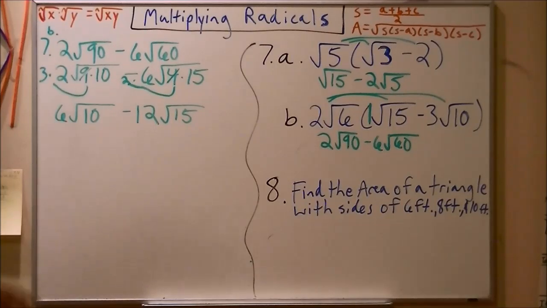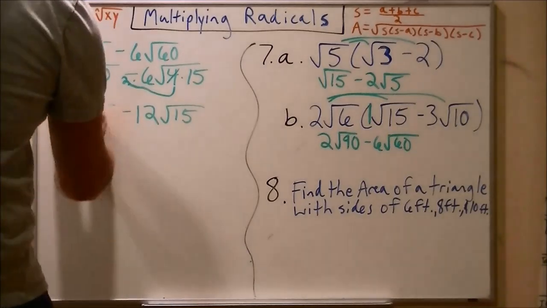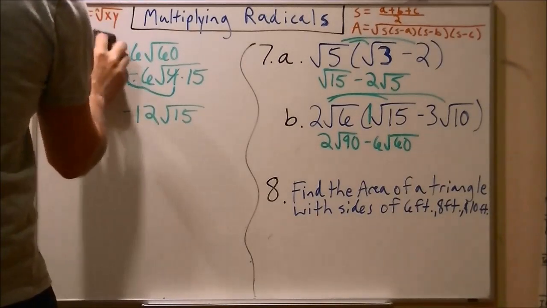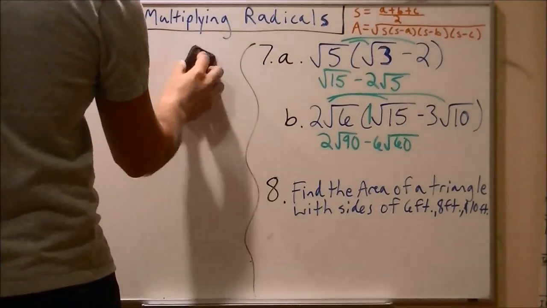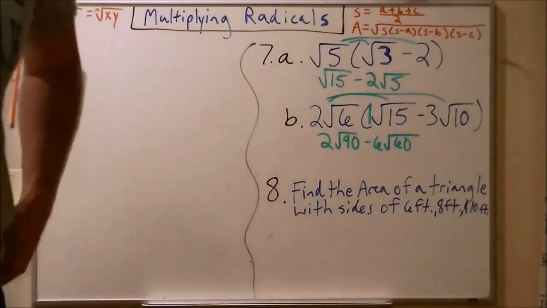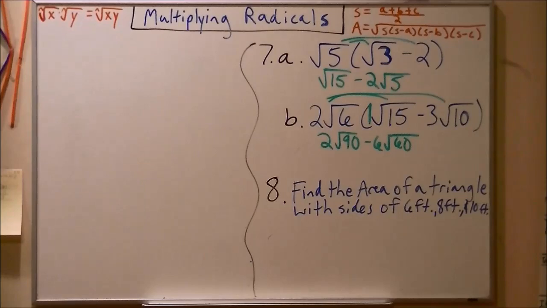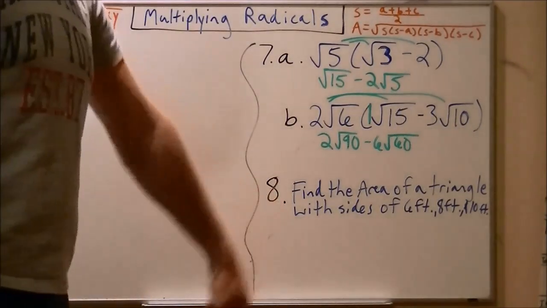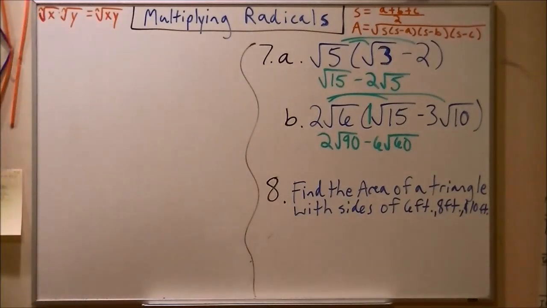Okay, let's do one more. You have that down. If not, pause and finish writing because I'm going to erase this, okay? And so I have plenty of room for our grand finale. It's going to be our firework that is a fountain, an explosion, whistling, and just perfection in every respect, all in one. So number 8, find the area of a triangle with sides of 6 feet, 8 feet, and 10